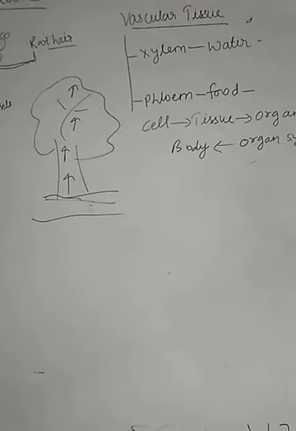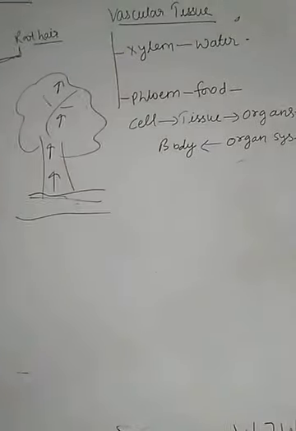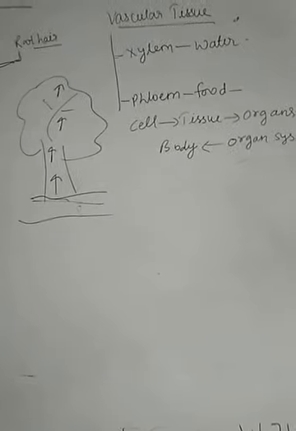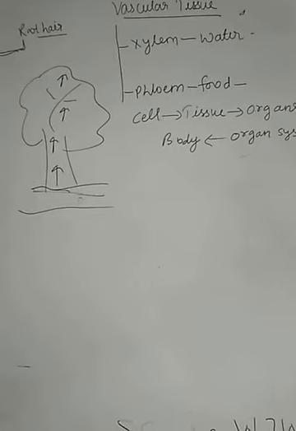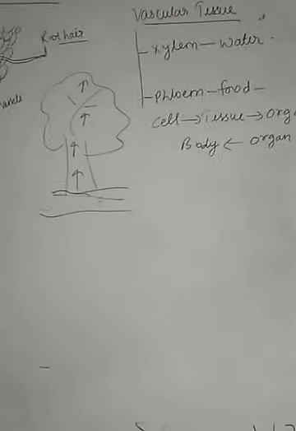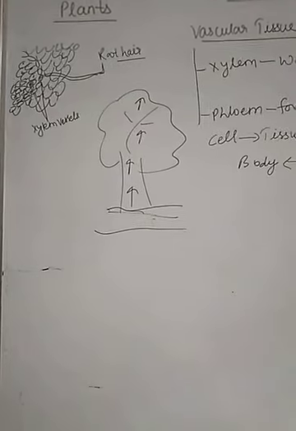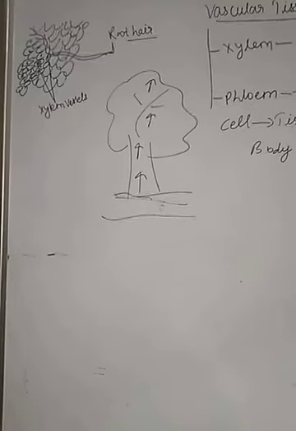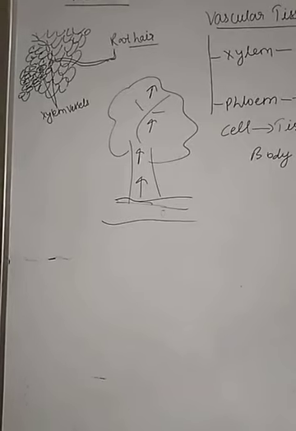Children, plants absorb water and minerals by the roots. You all know that the roots have root hairs which increase the surface area of the root for absorption of water, minerals and nutrients which are dissolved in water in the soil. And the root hair is in contact with the water present between the soil particles. This is the diagram of a root hair. So the root hair absorbs the water and minerals from the soil.